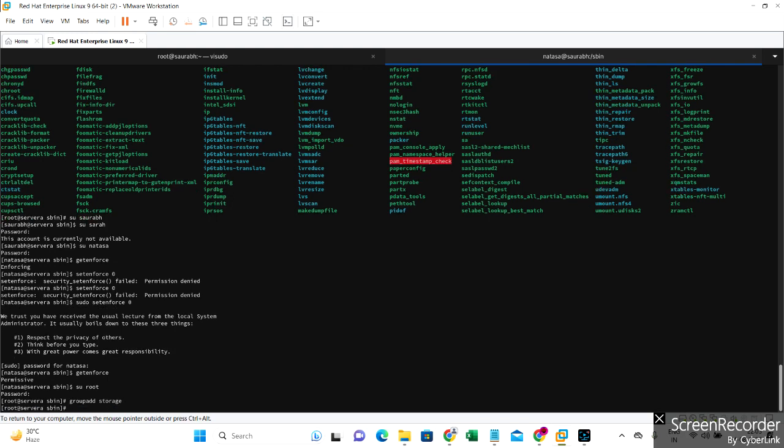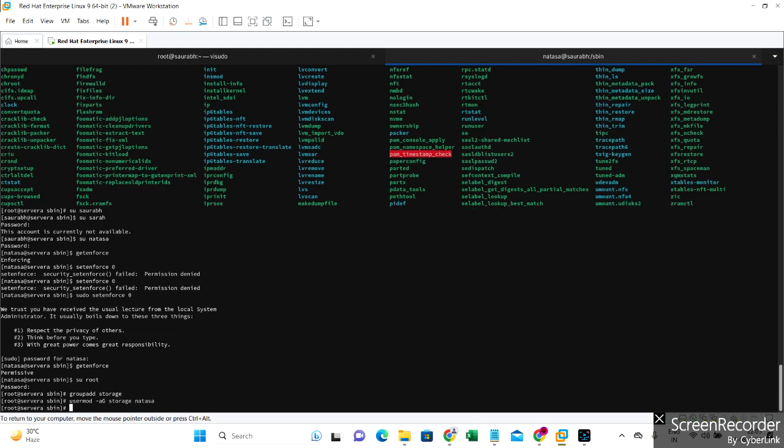Okay, so I just created the group storage and I use the usermod -aG storage command, so Natasha will be a member of this group. Now Natasha is not able to use this command yet, but after adding it here,